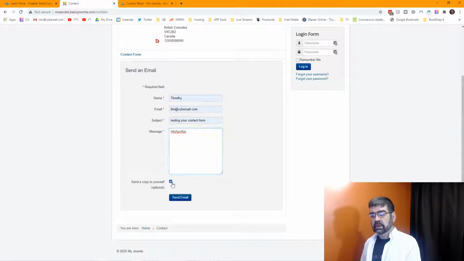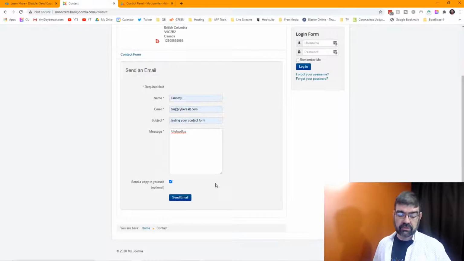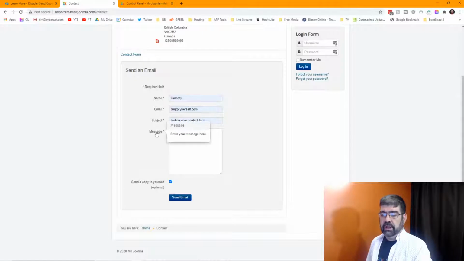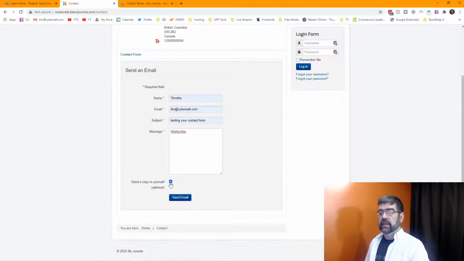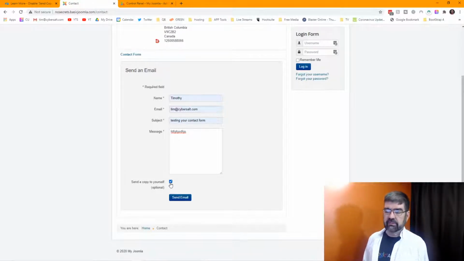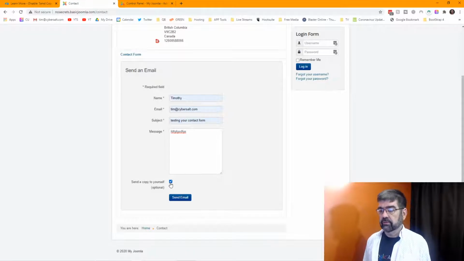So what happens, as you know, is when you submit this form to the site, or one of your users does, if they want a copy of the message that they just typed sent to themselves, that's what that box does. Now, here is the problem. If you don't have things set up for anti-spam, like an invisible reCAPTCHA, or a really cool filtering feature from OCH Simple Firewall that we've seen,